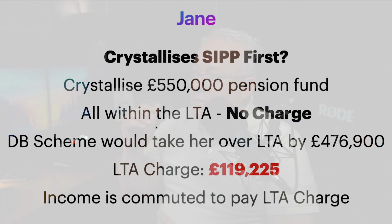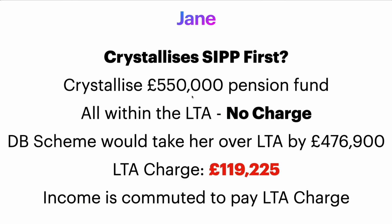Now, of course, in the example we just used, Jane takes her benefits from her DB scheme first and then from her SIPP. But what if she did it the other way around? Well, in this case, she would crystallize the SIPP of £550,000 first. That's all within the lifetime allowance, so there's no charge. But then her DB scheme would take her over the LTA by the same amount, $476,900. The lifetime allowance charge would be the same,